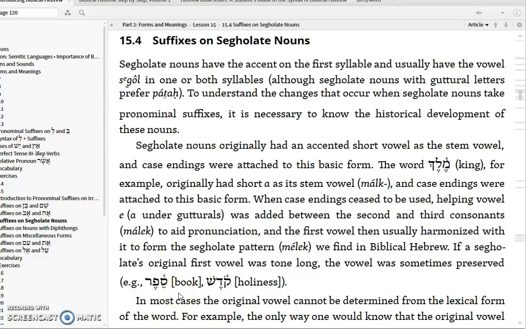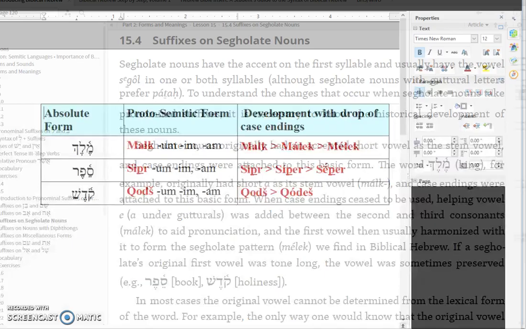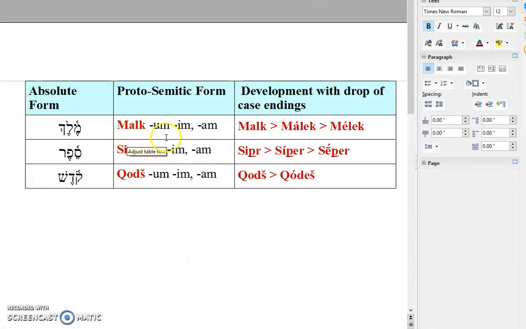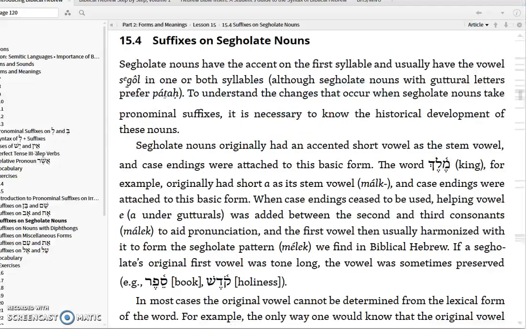So let's review. Segolate nouns are nouns that have the accent on the first syllable and usually have a segol, though not always. And as we saw in the last video, segolates originally had an accented closed syllable as the stem vowel, and case endings were attached to this basic form. So you had a malk stem, as we talked about before. You had a malk with case endings, a malk stem, which was the starting point for